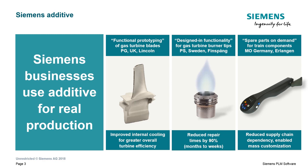business. In the UK, we have a division called Material Solutions who print exceptionally high quality metal parts on a daily basis. They're part of the team who printed the Siemens turbine blade, which has won several awards over the past year. We also have a team in Sweden who uses additive manufacturing to repair gas burner heads. They use a special additive manufacturing process to repair these. Saves them large amounts of money, and it gets broken parts back into service faster than they would have been